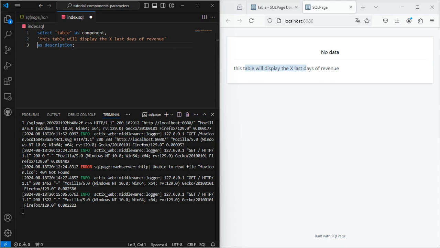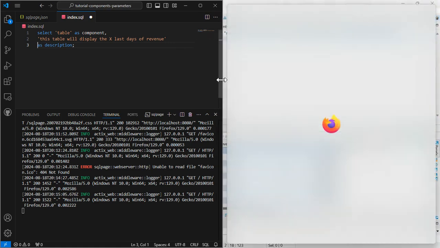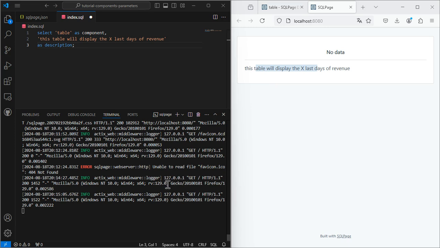The top-level parameters allow you to customize the appearance and the behavior of the component. Let's now add some data to our table with the row-level parameters.